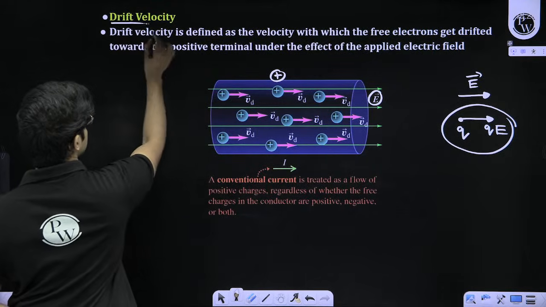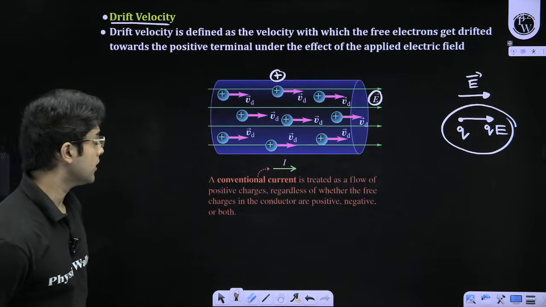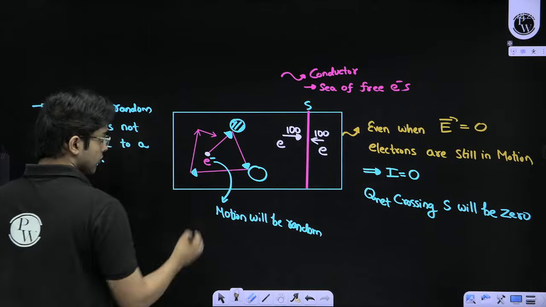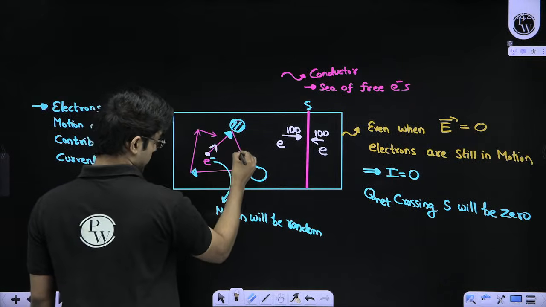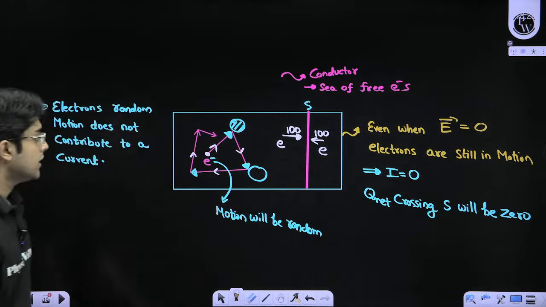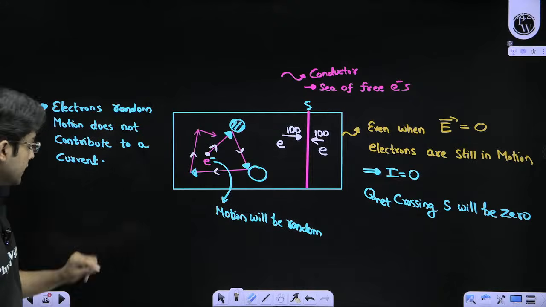Drift velocity, first of all, is not the total velocity of the charge. Here I talked about the electron's random motion, right? So the electron will have some velocity. This is the random velocity of the electron. It is in some random arbitrary direction. But when we apply an electric field,